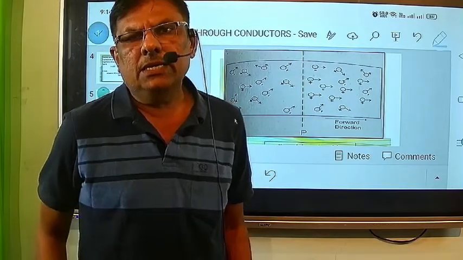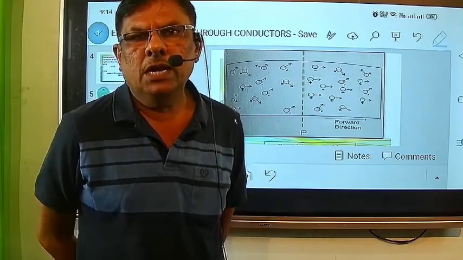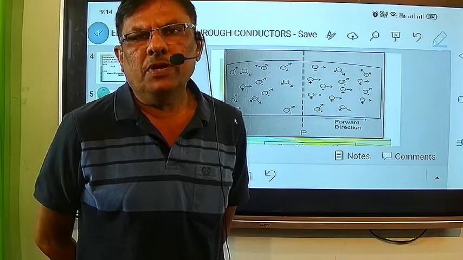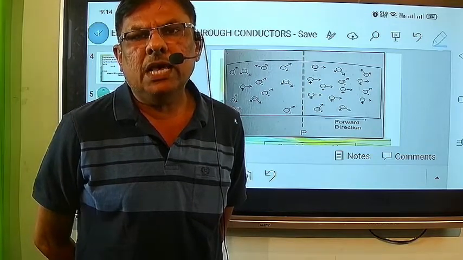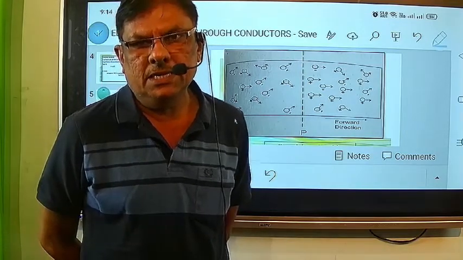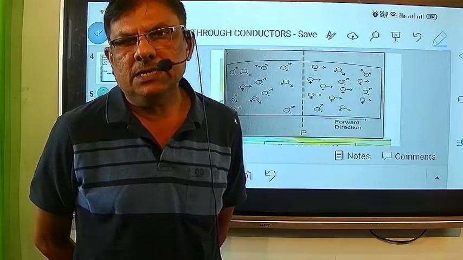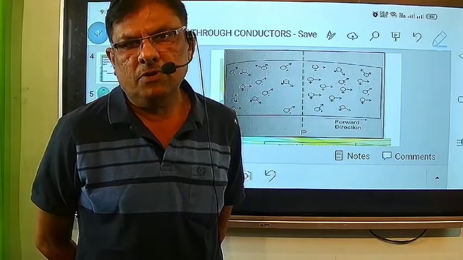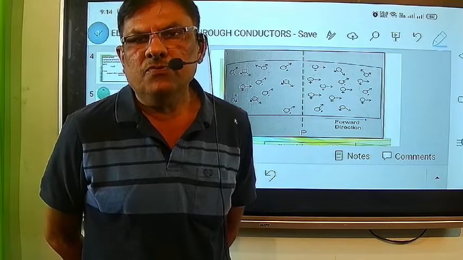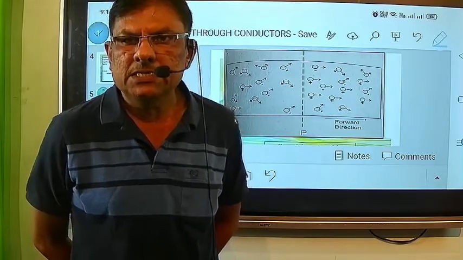These are used for flow of current. Now these are connected externally. When they are connected externally, the electrons flow in the forward direction. When it flows in the forward direction, this means that